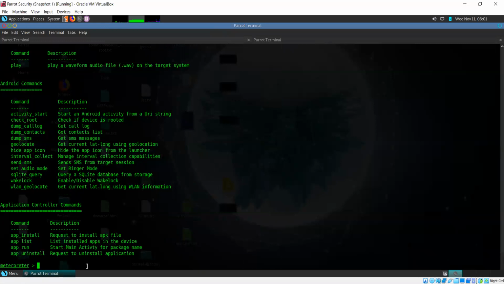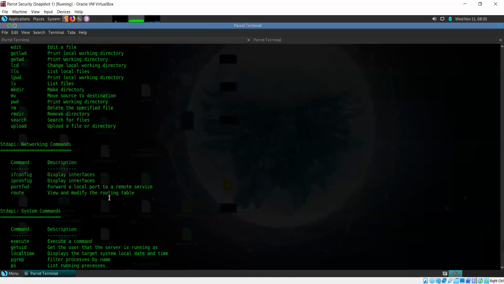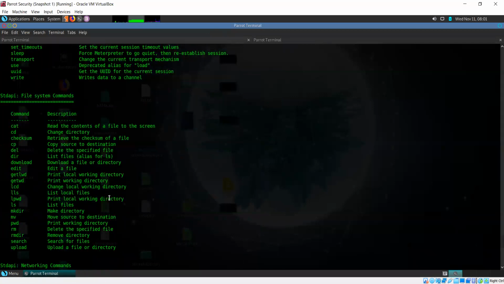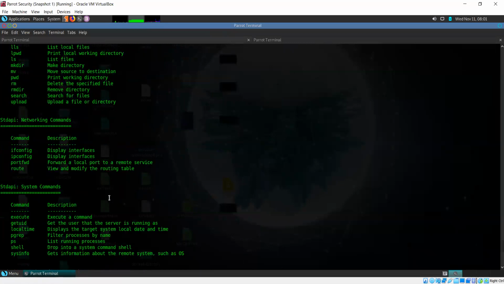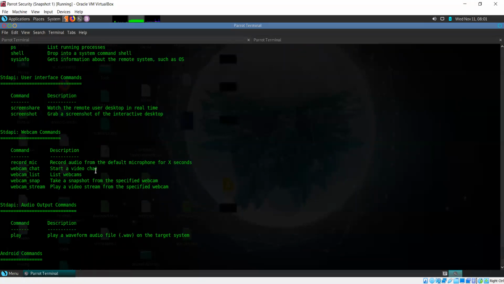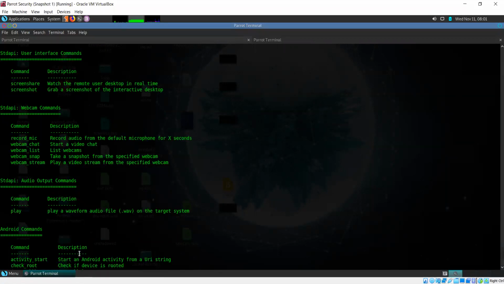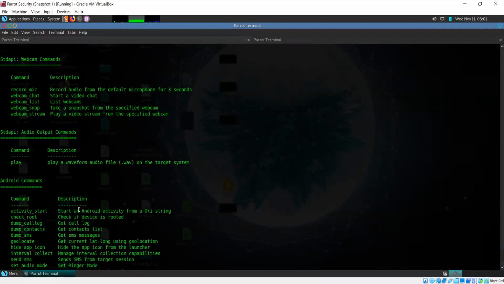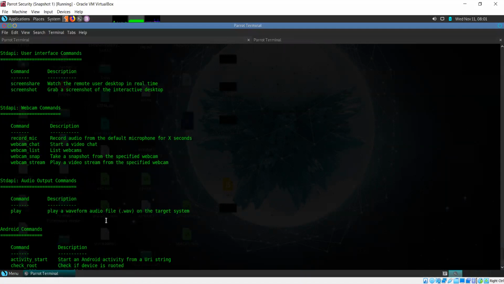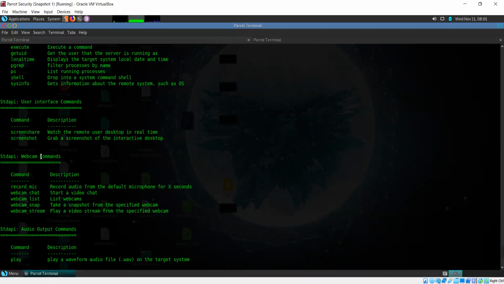If I look at the help list again, then I can also use this as kind of a spyware and tell it to record stuff from the mic. So record the mic, play a video stream from the webcam, play an audio file on the target, dump the call log or contact list, get the SMSs, grab a screenshot of the interactive desktop or watch the remote desktop in real time.